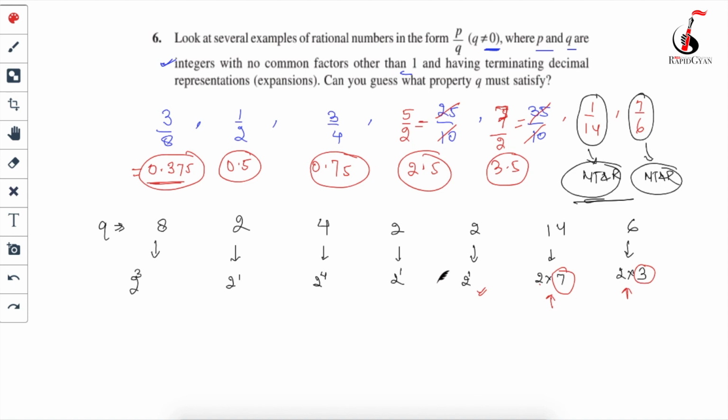Okay, and why I have taken 25 by 10, now I will explain. Suppose this 25 upon 10, in the question it's not given that the common factor should not be there. So this 25 by 10 also we can solve. If you do the prime factorization of 10, what will you get? The prime factorization of 10 will give you 2 times 5, correct?